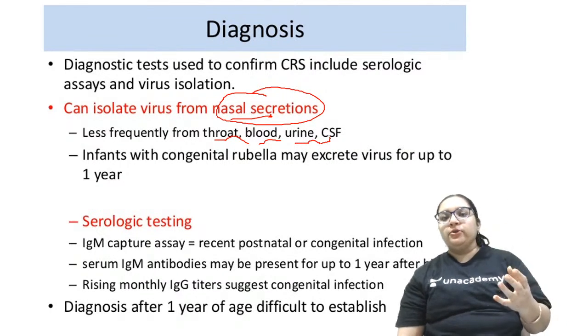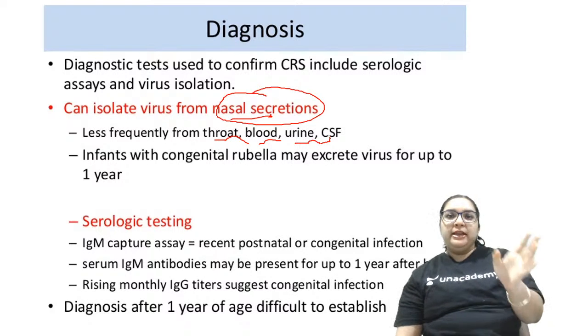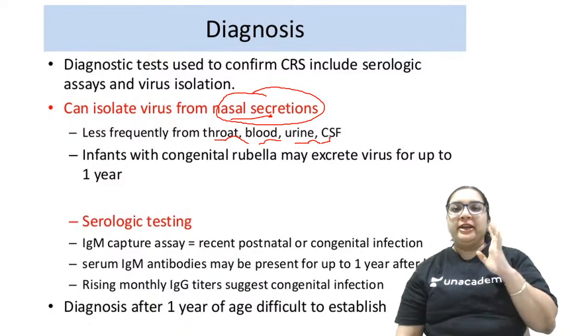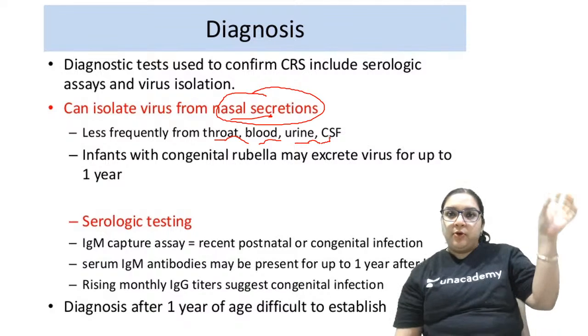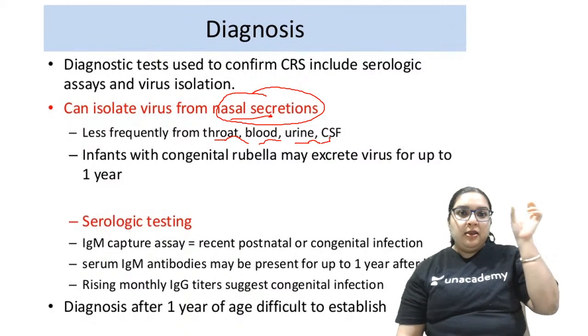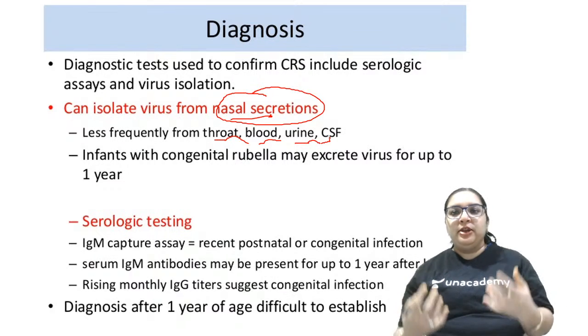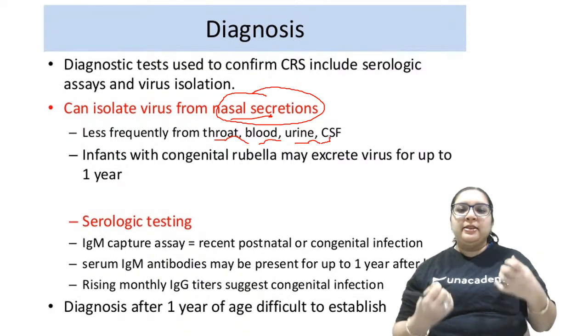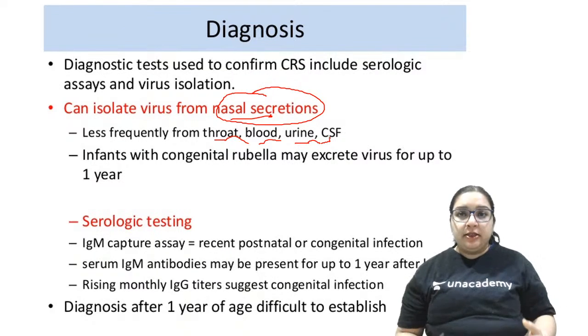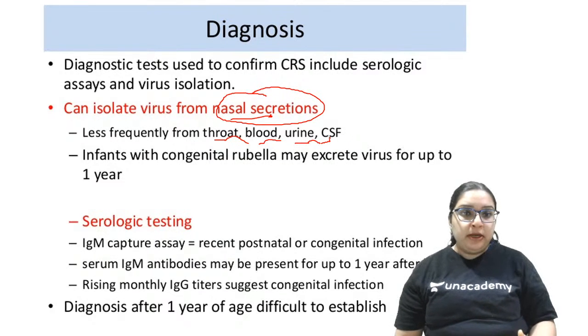Okay, what we saw in Toxo was you need to treat the case after diagnosis for at least 1 year. So that was the importance of 1 year in toxoplasmosis. Here the importance of 1 year is that they will keep on excreting the viruses for 1 year, and that is the reason why we need to treat the cases for 1 year. Okay, so this is how you need to remember.